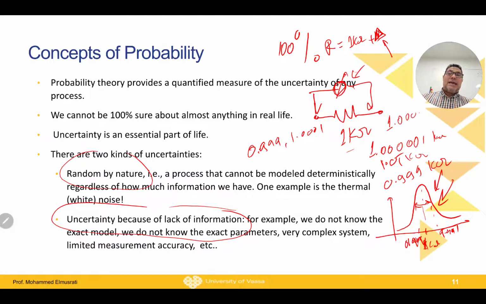For example, head and tail if you throw a coin, or it can be raining or not raining tomorrow. Or it can be the car in the morning, that the car will be okay or it has some damage. So if we assume such a process that has two outcomes, and we have some uncertainty about these outcomes.